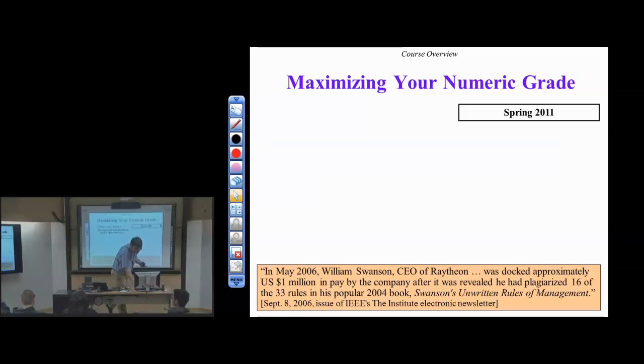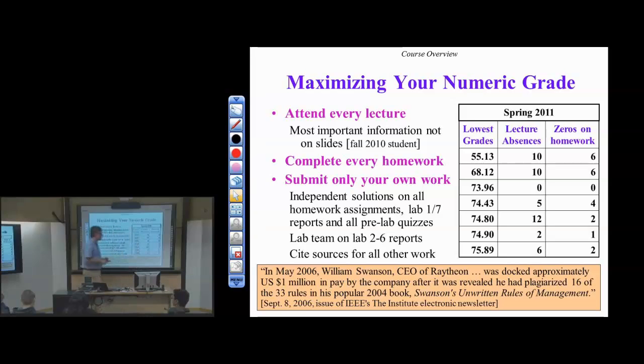So a couple of things here, we're almost finished with the course overview. This was a student in fall 2010, and I do see him around. He's working in Austin. And he mentioned the following. The last day of lecture, he's a front row student, and he came to me and said, you know, the most important information in this class wasn't on the slides. Now, it's not to say that there's plenty of important stuff on the slides, but he said the most important stuff was not